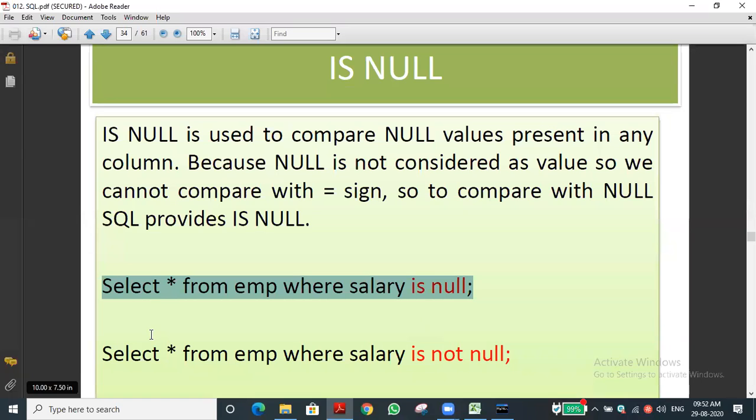Especially when the IS NULL condition and operators are used, you have to think twice more than compared to a normal query. We have to spend extra attention to this, because many tricky questions will be asked from this concept. Select all from EMP where salary is null. Generally they will give the table, salary for all the employees, and they will ask what will be the output.